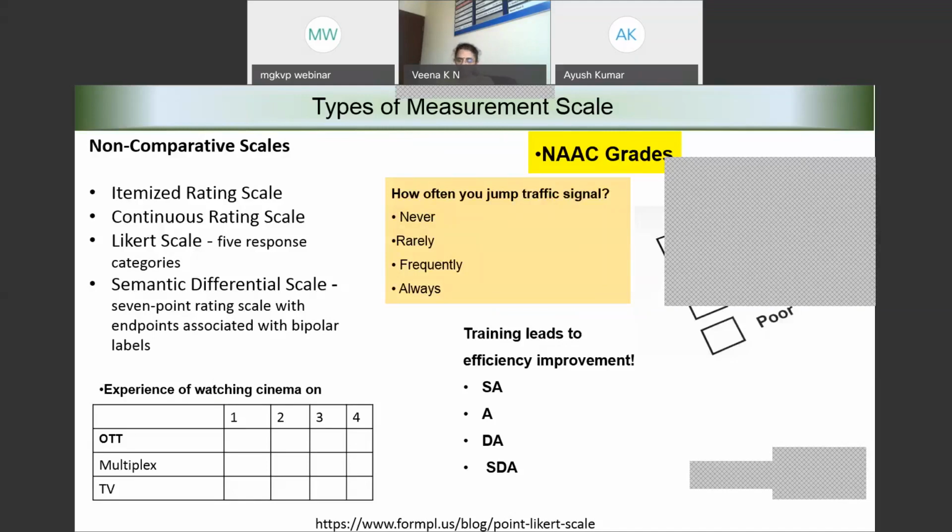So in any research activity that you take up, it's always better that you devise your questions and responses, especially for the variables, in such a way that you get the actual response rather than the approximated response.